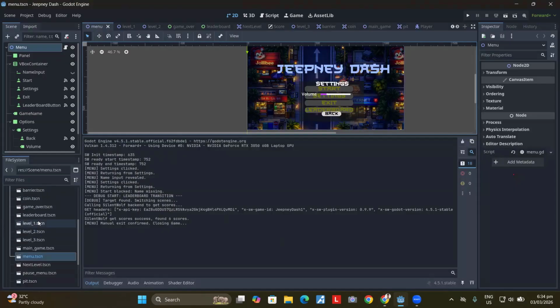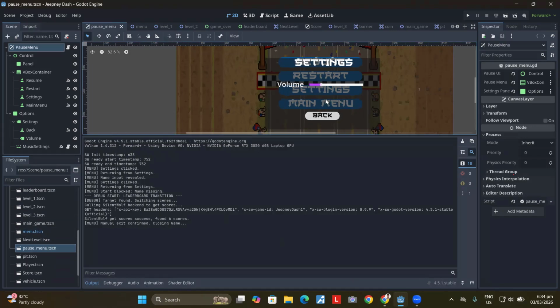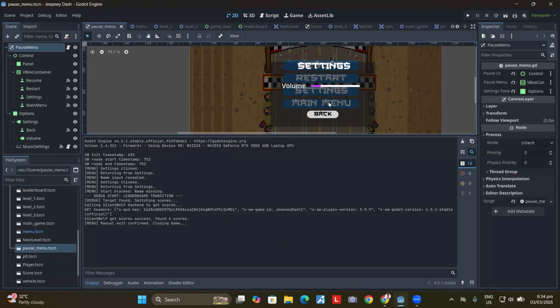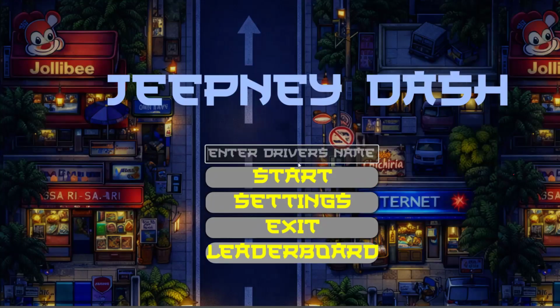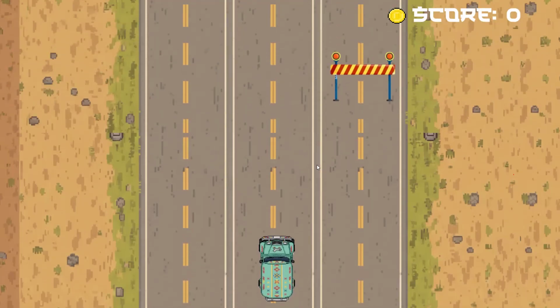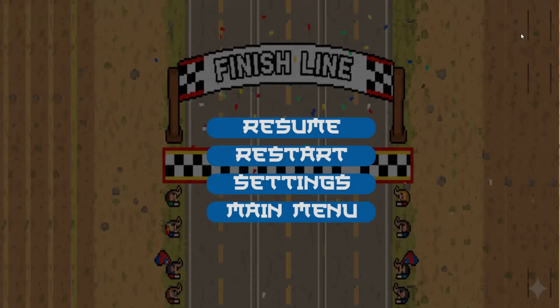Next, let's go to the pause menu buttons. As you can see, we have resume, restart, settings, and also the main menu. When you click resume, you will resume the game. When you click restart, it will restart the game.